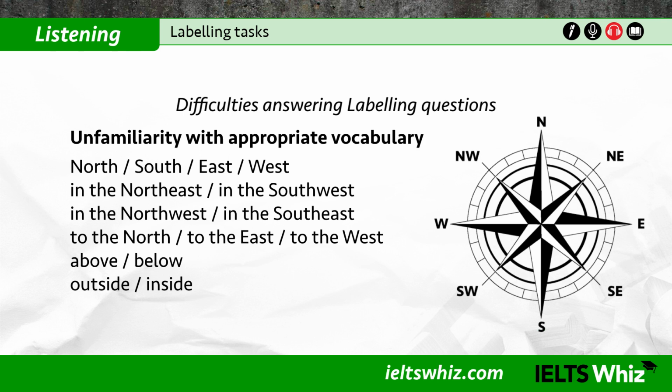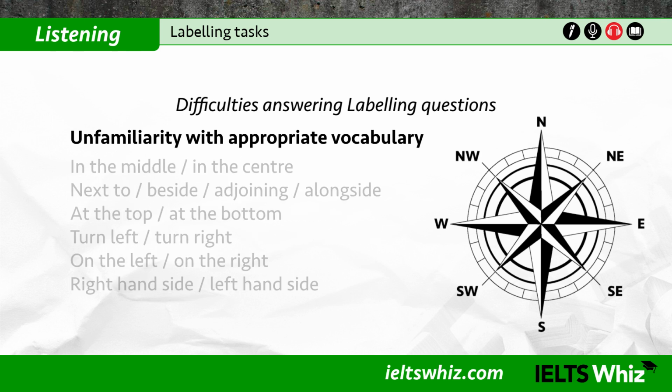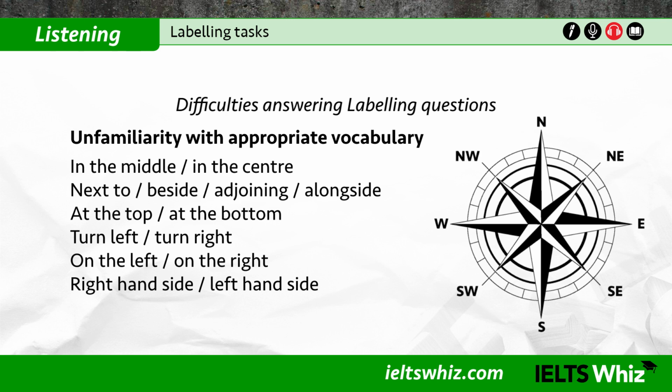They will use compass points such as north, south, east, or west. They may say in the northeast or in the southwest. They could say to the north, to the east, to the west. And they may use words like above or below, outside or inside, in the middle or in the center, next to, beside, adjoining, alongside, which all have very similar meaning,